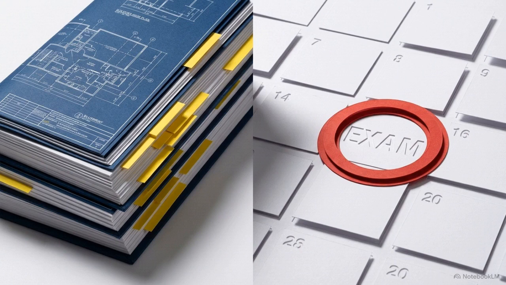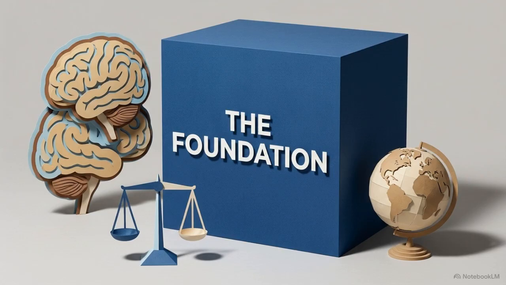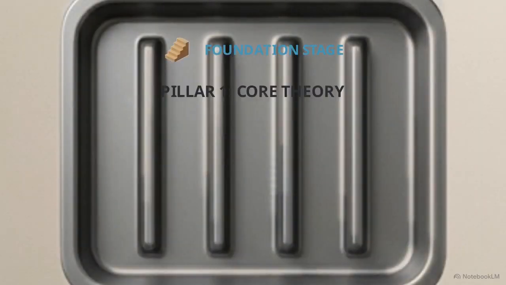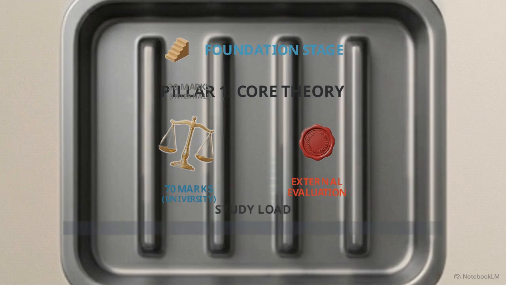Your time is divided between reading theory and preparing for your first internal assessments. This begins with Pillar 1, Core Education Theory. This covers foundational subjects like childhood psychology, gender studies, and the history of Indian society. On the scorecard, Pillar 1 is built for academic depth. Each paper carries a 70-mark weight via a written university exam. This pillar requires significant desk study and memorization, providing the psychological framework to understand why your future students behave the